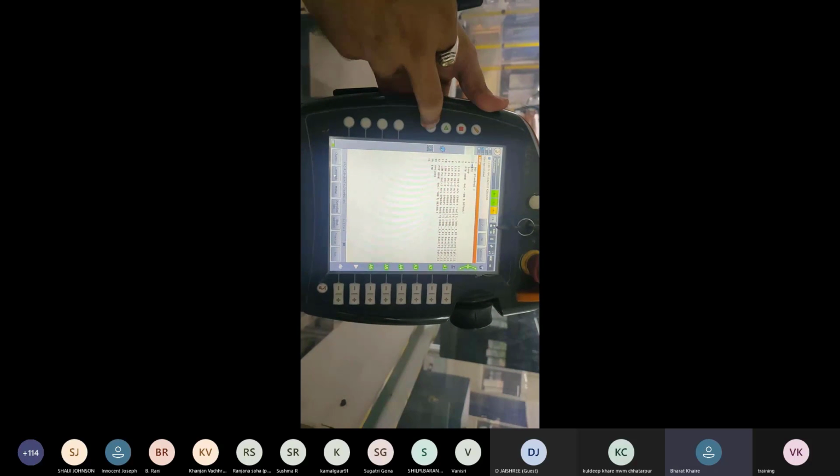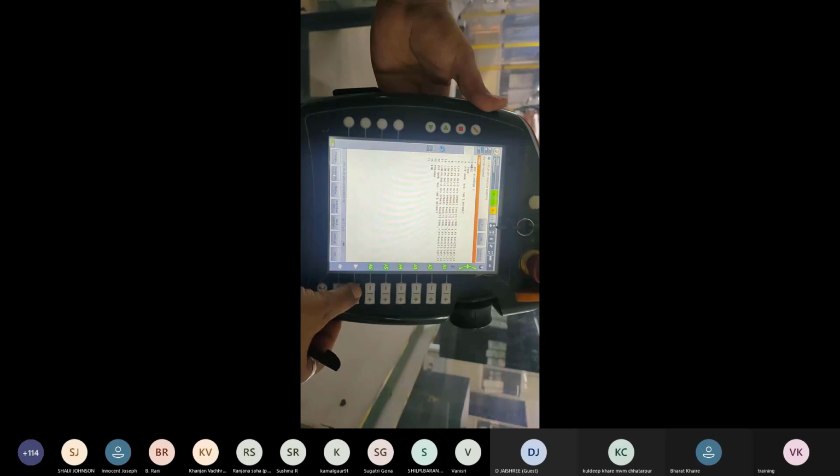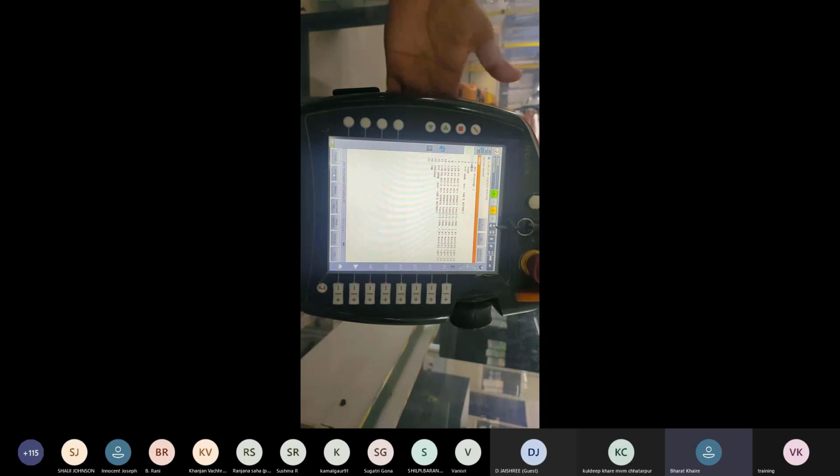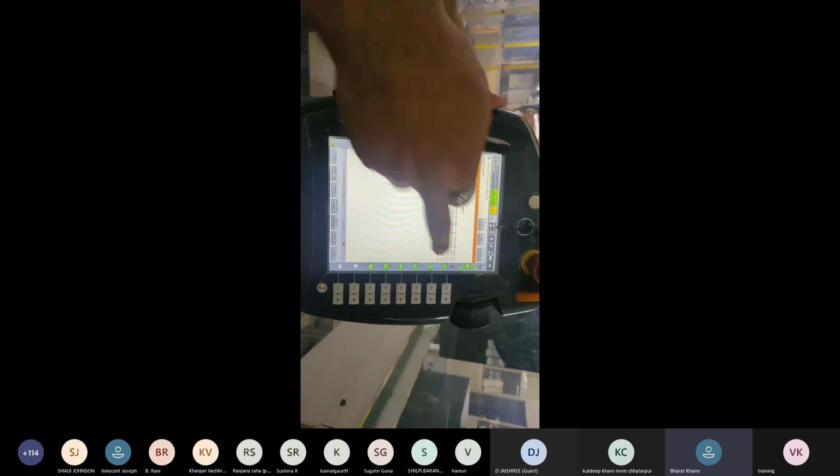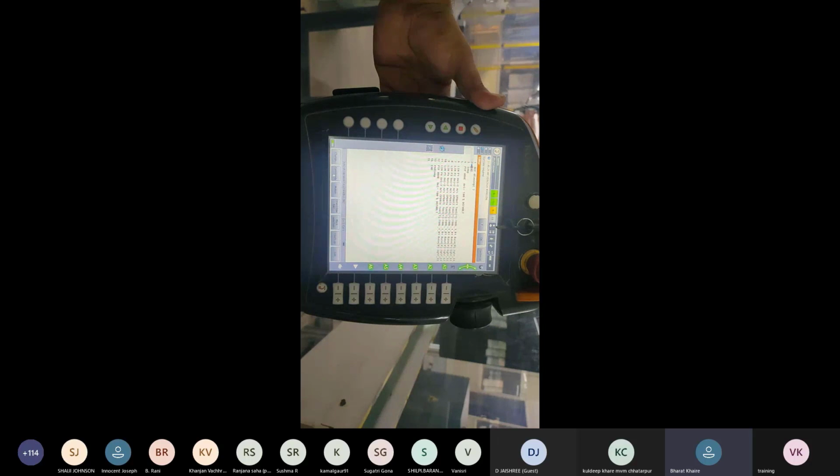As the program is running, this is the play button, and at the backside the drive on button is shown there. Drive on, all the axes highlighted. Now we can jog the program. If we press the play button, the light will be converted to green because it is continual mode.